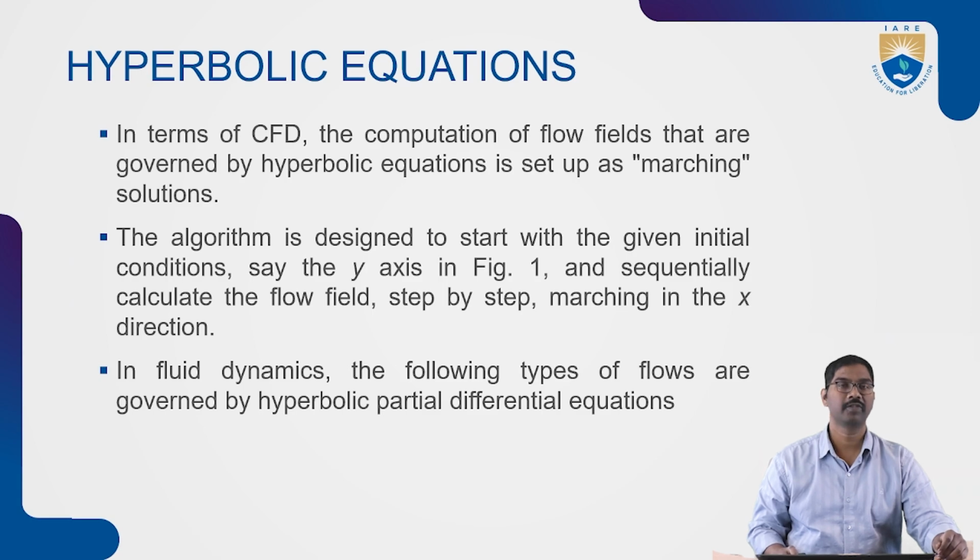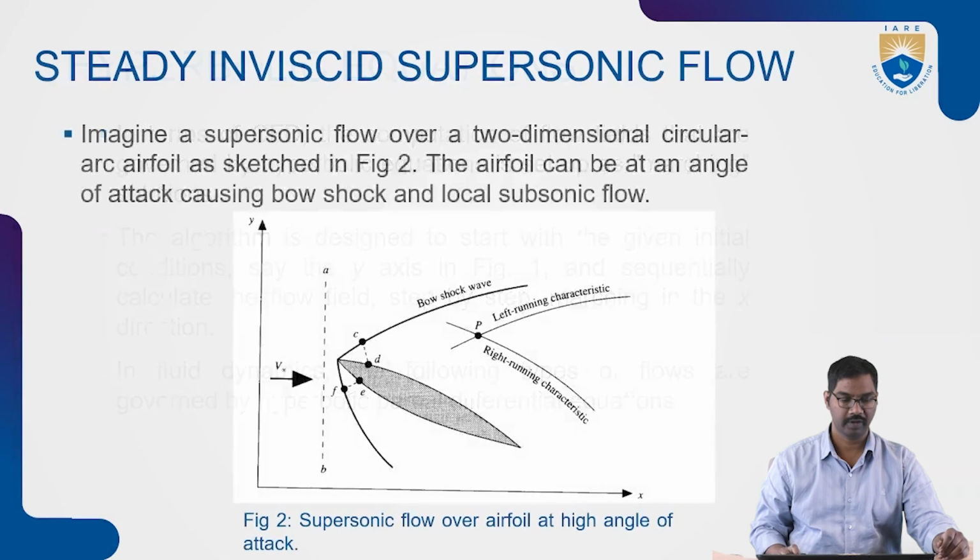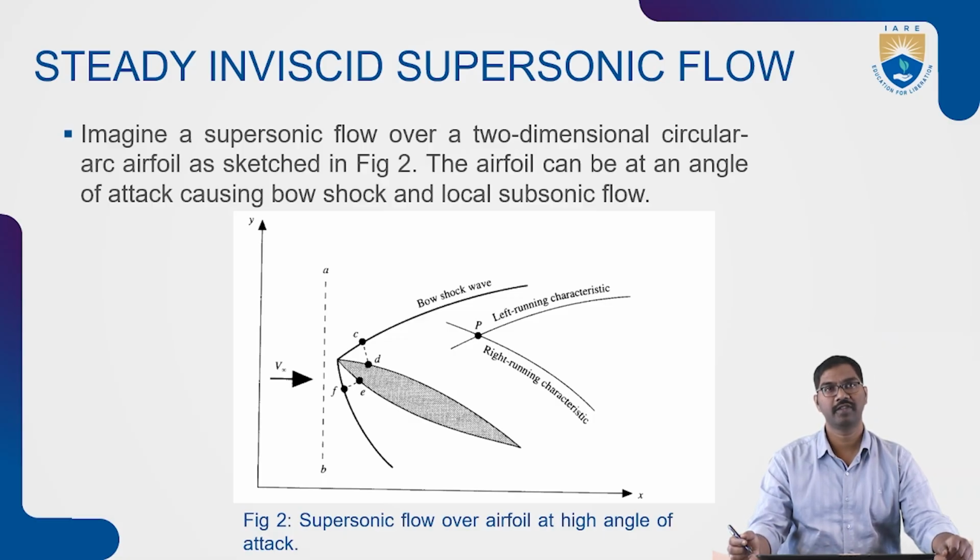In fluid dynamics, we have many problems which come under this hyperbolic form of equations. Some examples are steady inviscid supersonic flow. In the previous modules, we discussed some examples to understand the Cramer's rule method and the eigenvalue method, where we considered two-dimensional rotational compressible gas over an aerofoil at small angles of attack, a thin aerofoil. Based upon that problem, we could understand that supersonic flows come under the